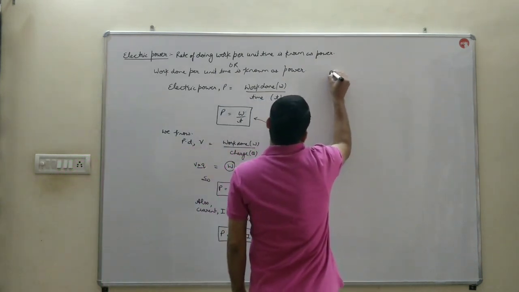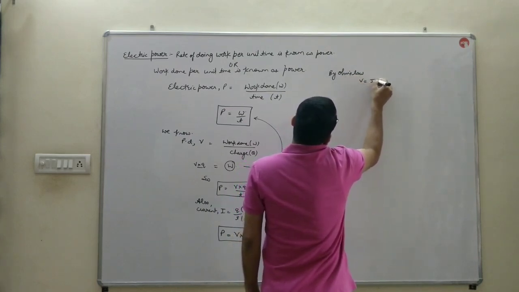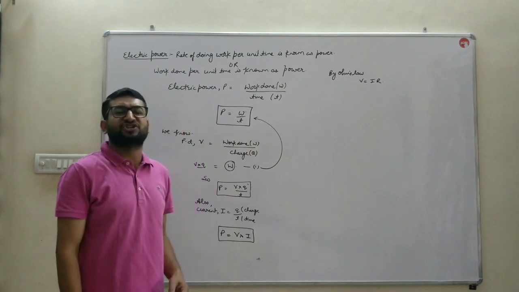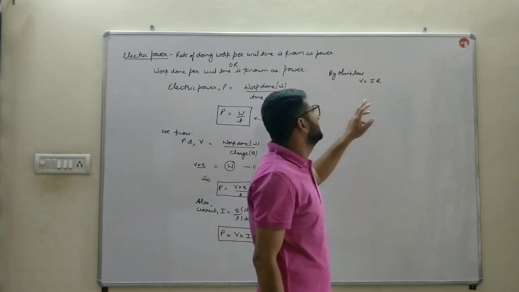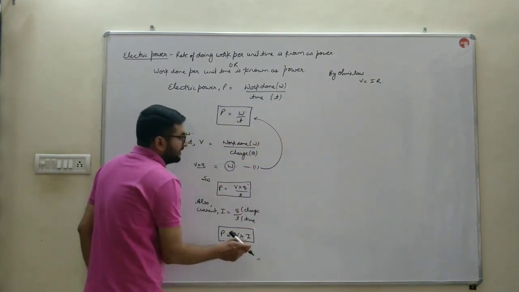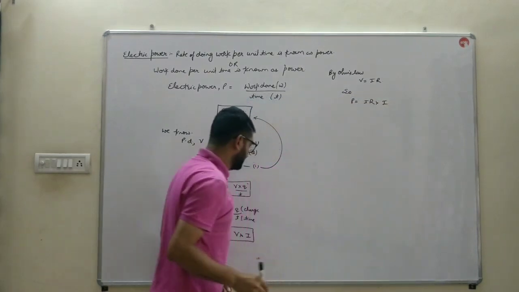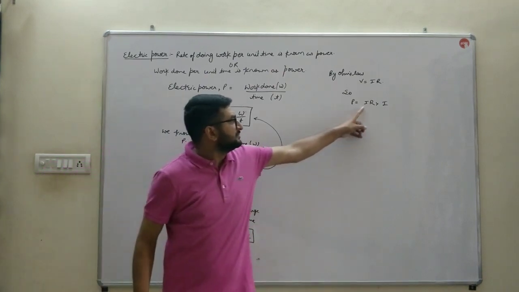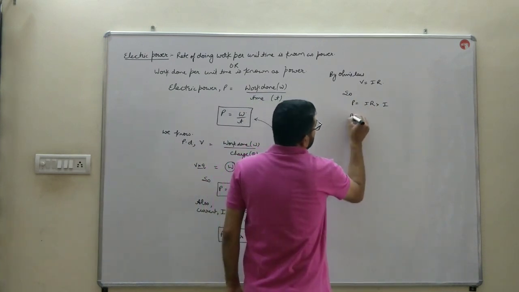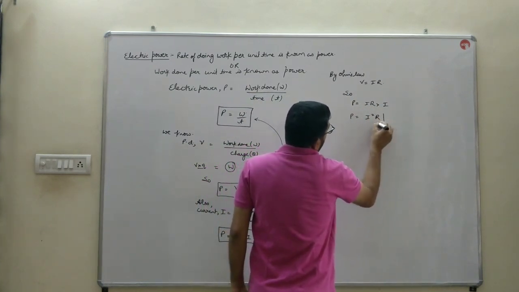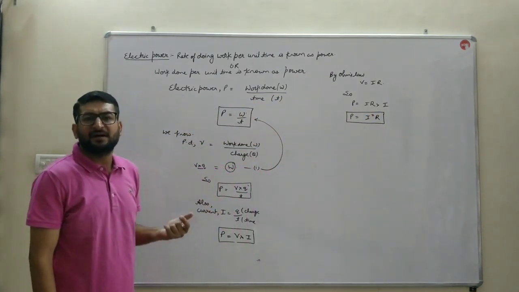Also, according to Ohm's law, we got V is equal to IR. That is, potential difference is the product of current and resistance of the conductor. Now put the value of V into this formula. So power will become IR multiplied by I. Look children, in place of V we put IR, one I was already there multiplied, so the formula of power will become IR multiplied by I. That is, power is equal to I square R. So another formula of power is I square R.